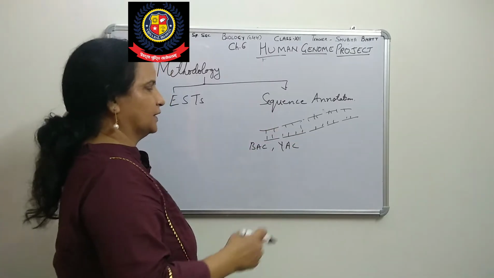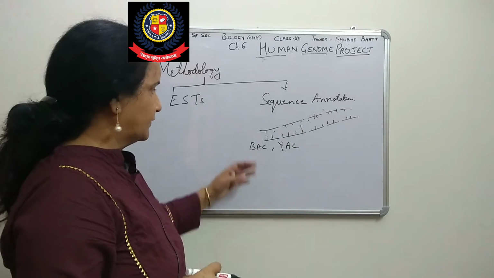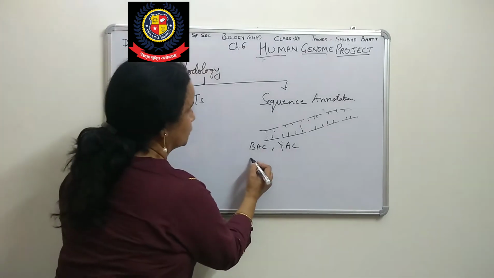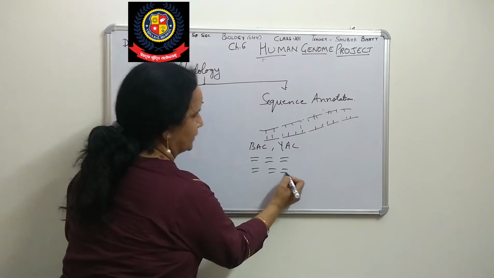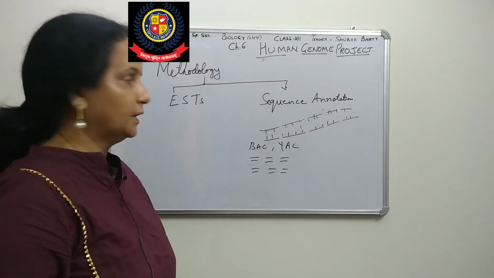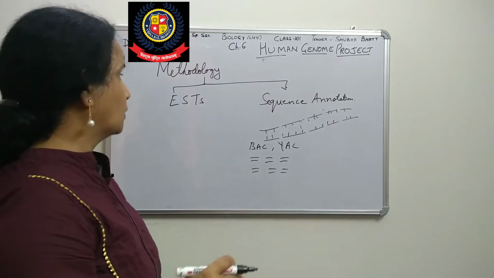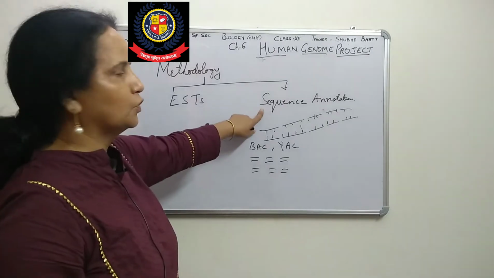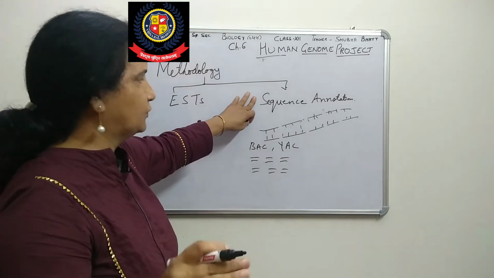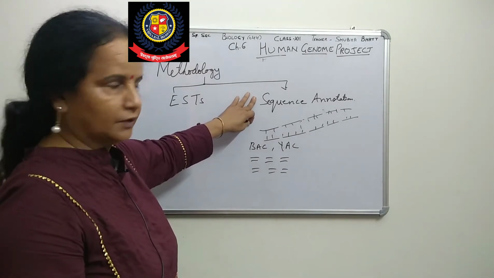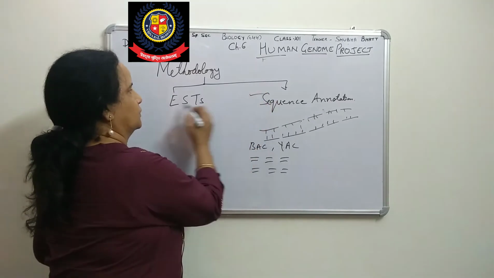Then we take them out of the host cell, and these fragments, the small fragments, we have got in a number of copies. Then these fragments will be sequenced. Here, how can we sequence? The most widely used method is this method, which is widely accepted by everyone. So mostly we are using this one, not this one.